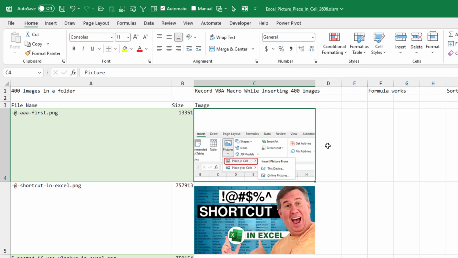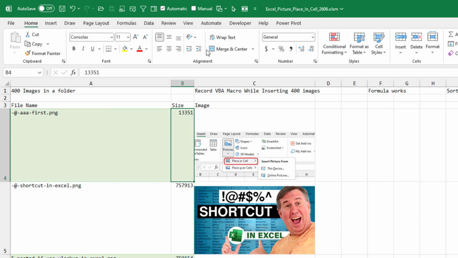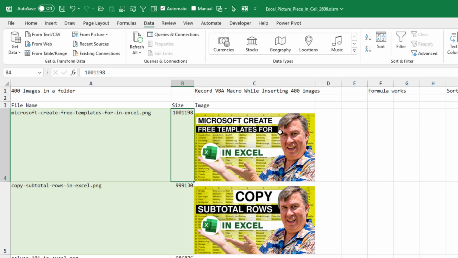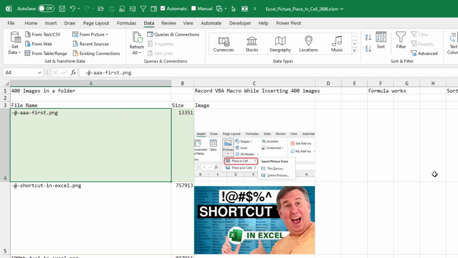So what I have here is a list of 400 file names over in column A. The file size, I got that from Power Query. And then the image. And you need to be really careful. There were a few problems here, especially with numbers, where it wasn't sorting the same way, so I had to move a few of those around. But now that I have it, I should be able to sort by size, data, Z to A, and it sorts with the rows. That's cool. Or come back here and sort alphabetically, and it sorts correctly.